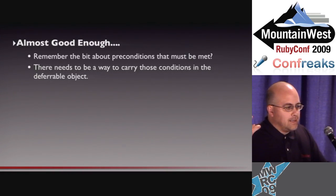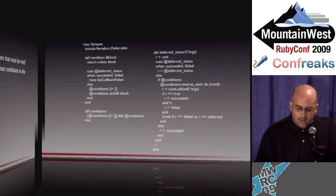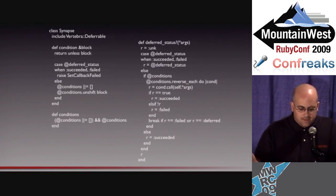When you have some body of work that's scheduled, there are some conditions that need to be met before that body of work runs. The example I used earlier is we want to make sure that the eJabberD server is connected to and authenticated before we dispatch that work. And so we took that deferrable, and I made another class out of it that I called Synapse. Probably should have been called Neuron, but